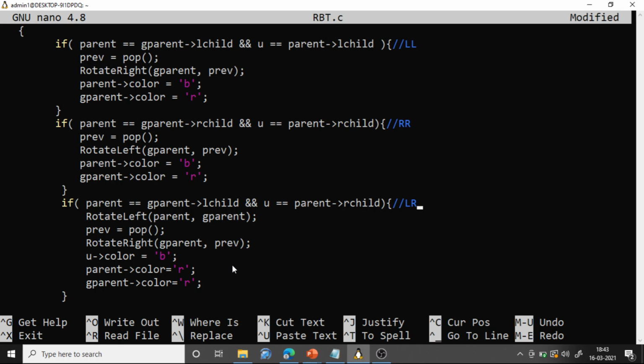First we are performing a left rotation, rotate left on parent, grandparent. Then we are popping the next node, and then we are performing a right rotation on the grandparent and that particular top node.